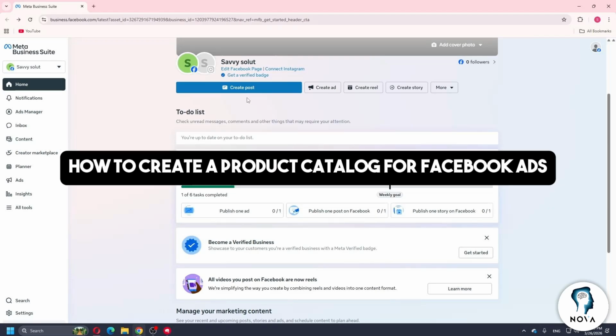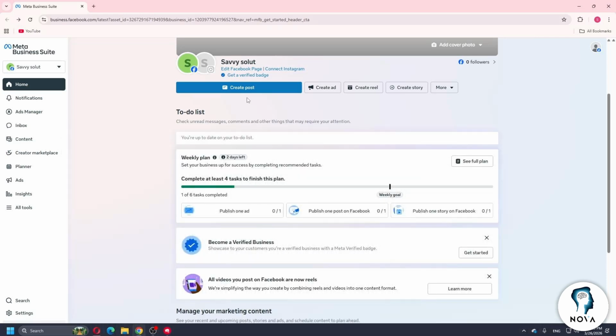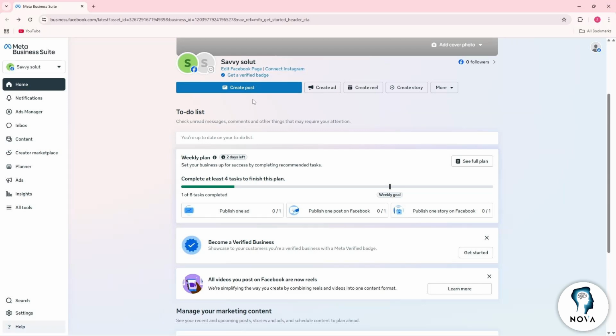Today I will be showing you how to create a product catalog for Facebook ads. So first thing that you will do is, of course, you just simply go ahead and go to your business suite. And now here on your business suite, guys, you will just simply go ahead and go to the settings